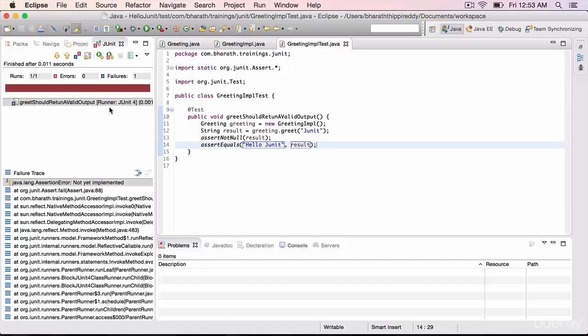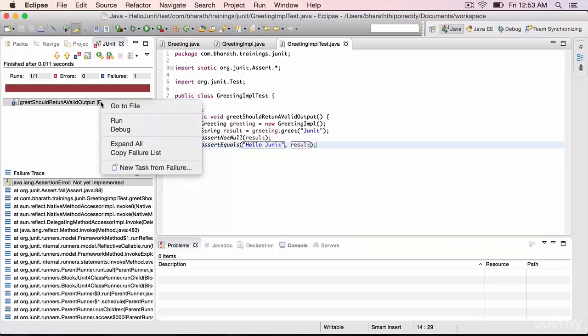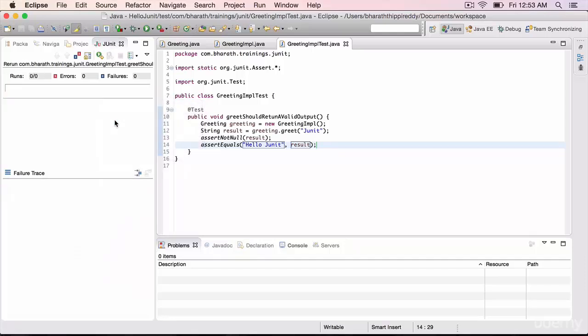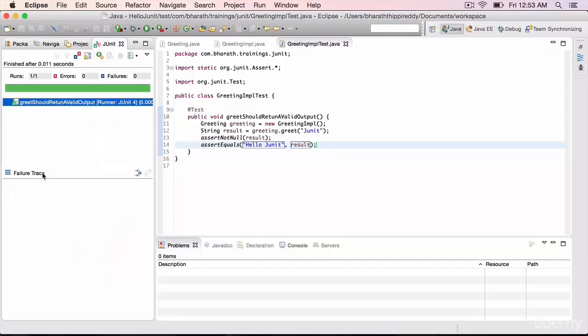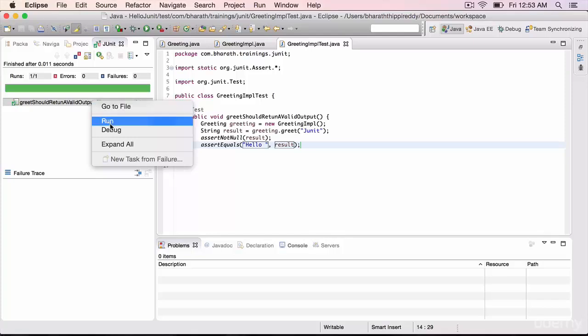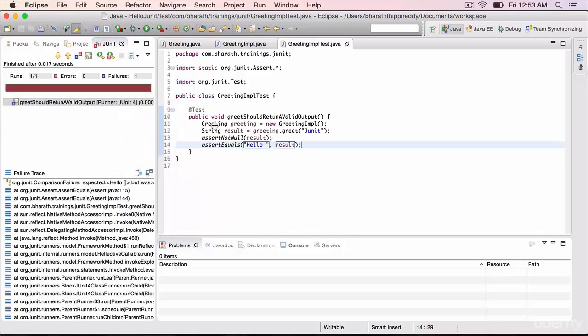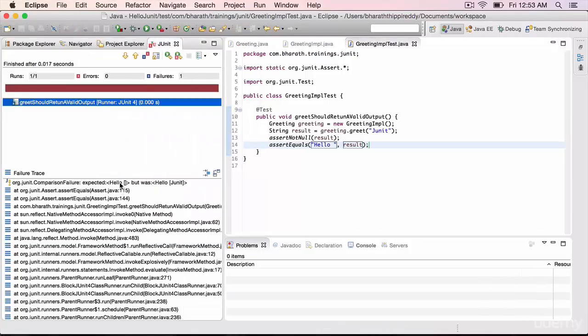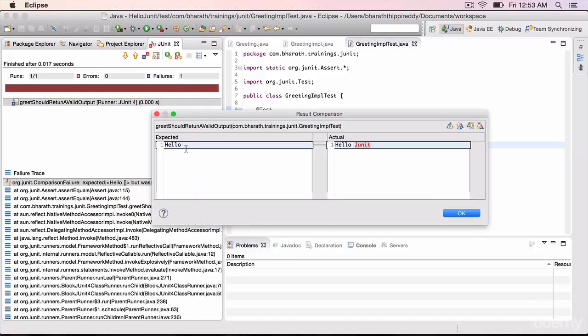Now to rerun this test, we can right click here in the JUnit window and click run. So everything is green, we don't see any failure trace anymore. To make this test fail, I can simply remove this JUnit piece here, save it, rerun. It fails and the failure trace clearly shows us, if you double click on it, expected is hello, but actual what came back is hello JUnit.